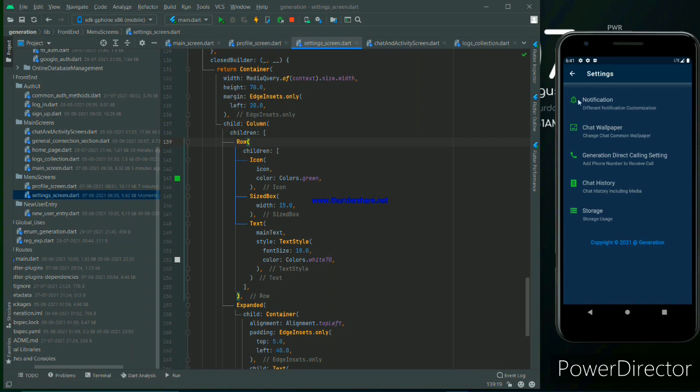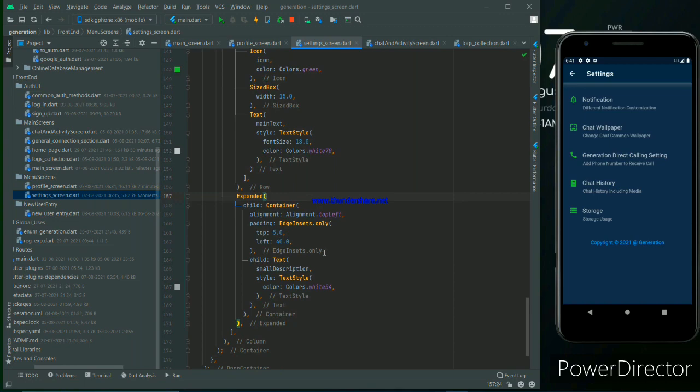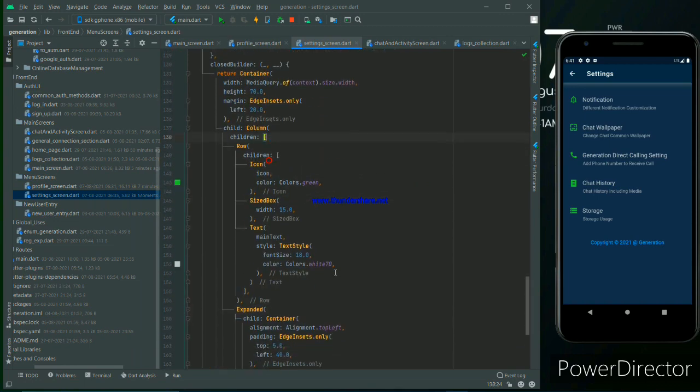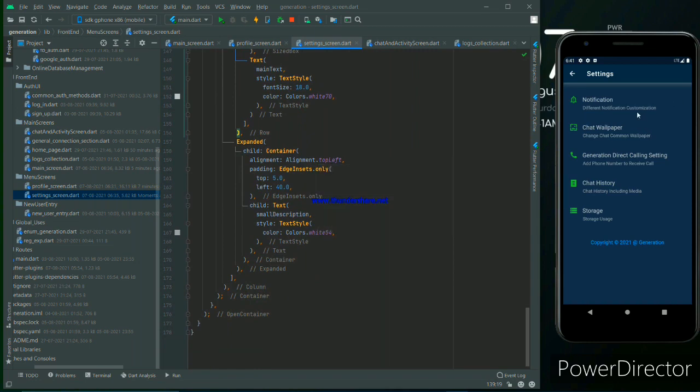That row is covering the icon and some gap between that, and then the main text. Main text means the main option. After that, under that column, is the small description.